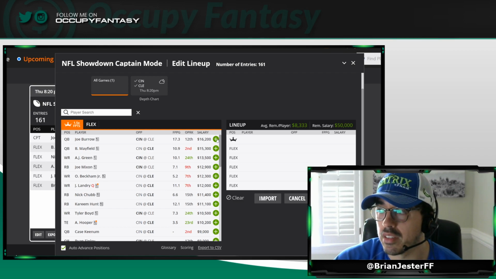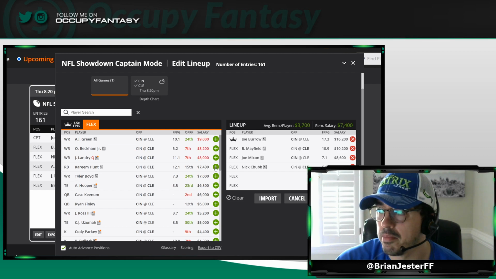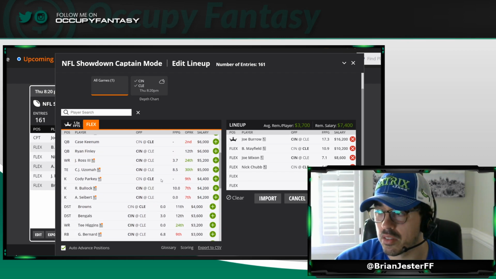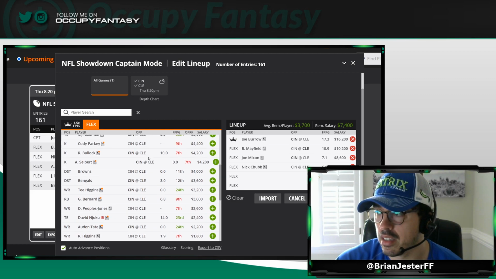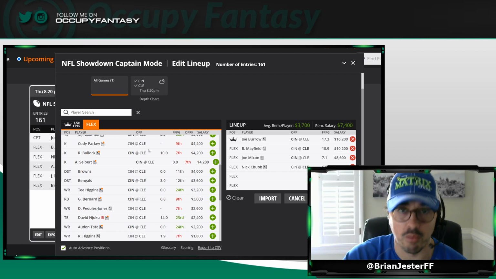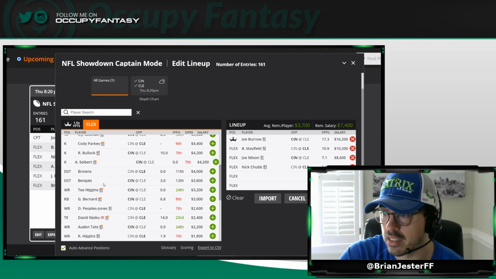So let's just say, for instance, if we wanted Burrow, Mayfield, Mixon, Chubb, that's $3,700 left per player. The defenses are generally in that $3,000 to $5,000 range. And we see Browns and Bengals are both 4K or less. The kickers are 4,200 or less. Very possible. Now, we may not be able to do this with Joe Burrow at captain, but we could switch up our captains, get these 4 guys, or even